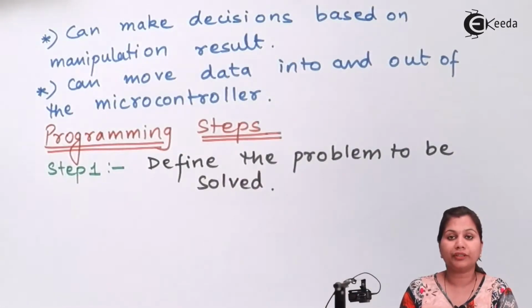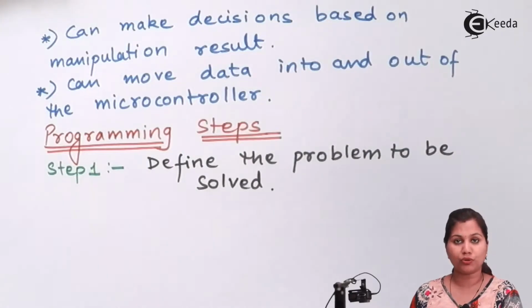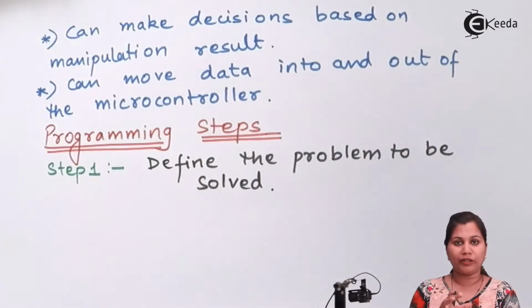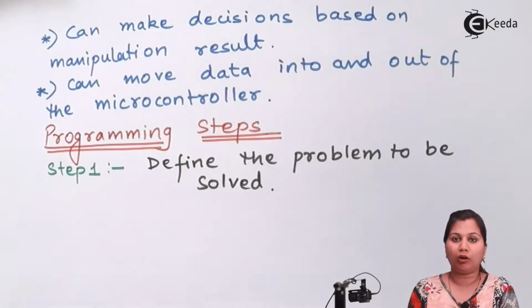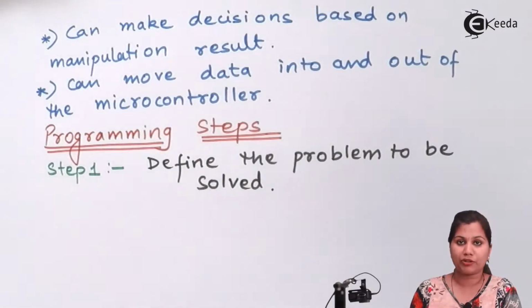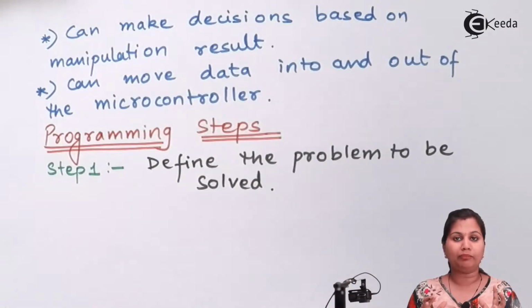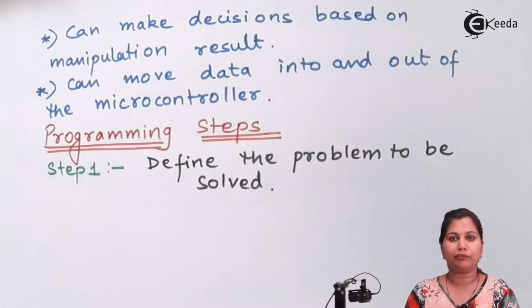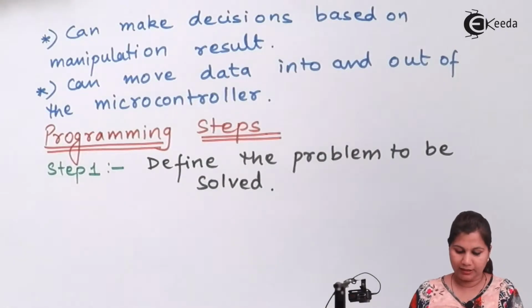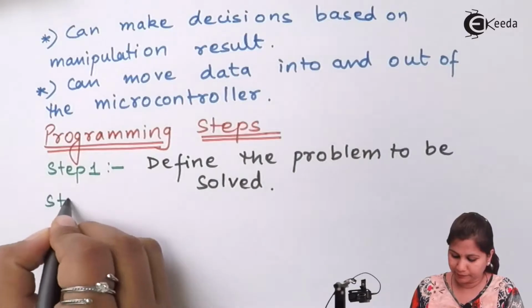First of all, we should define the problem which we want to solve: where we are getting the input, where the output is to be displayed, what operation is to be performed. So we have to define what task we have to perform with the help of that program. Then step number 2 is